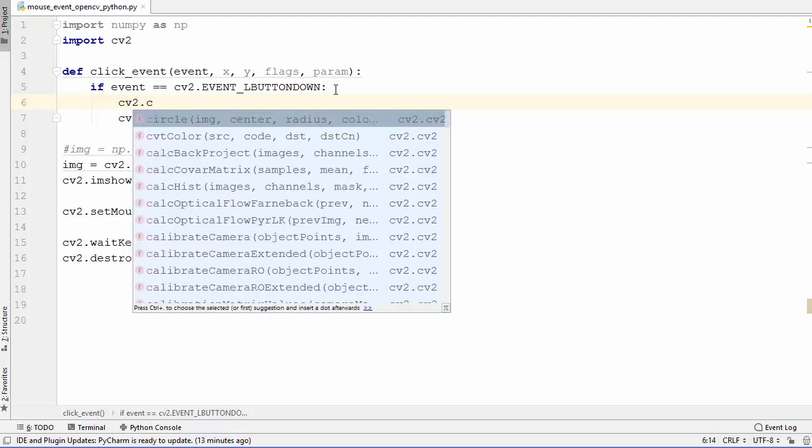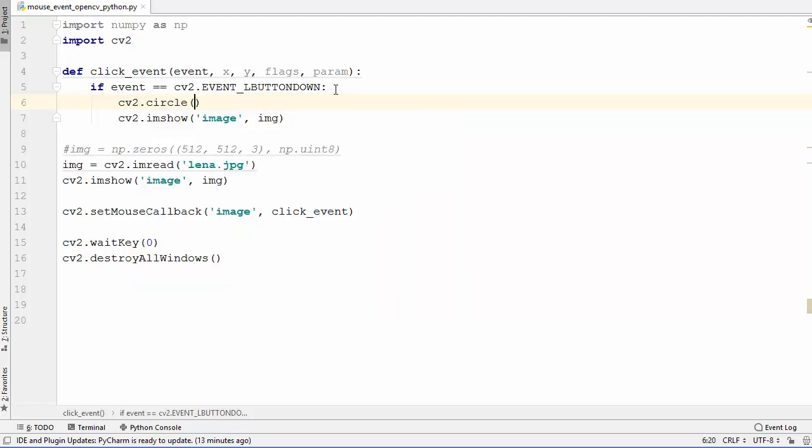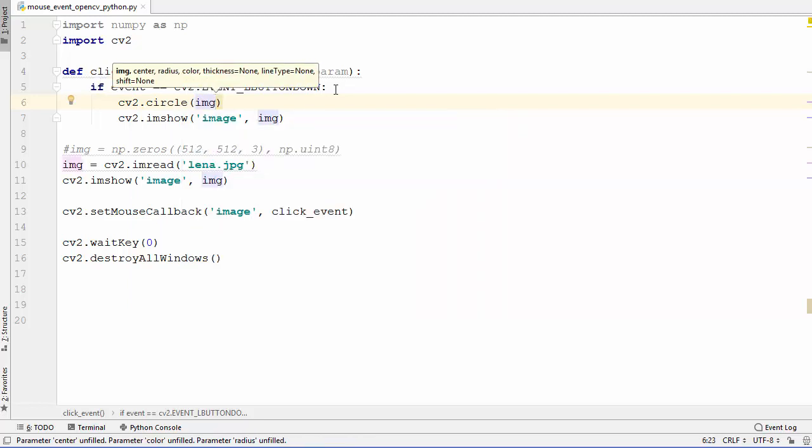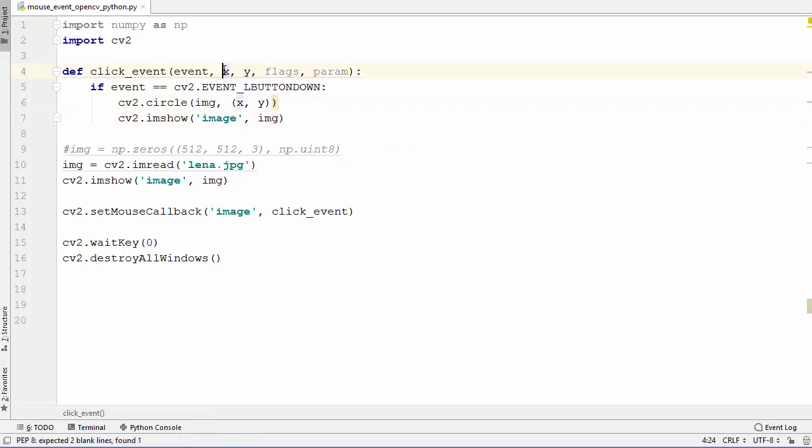So we will just write dot circle, and first of all this circle method takes the image, so we are going to pass the image, and then the second argument is the x and y coordinate. We already have x and y coordinate from this callback function's second and third parameters, and then the third parameter will be the radius.